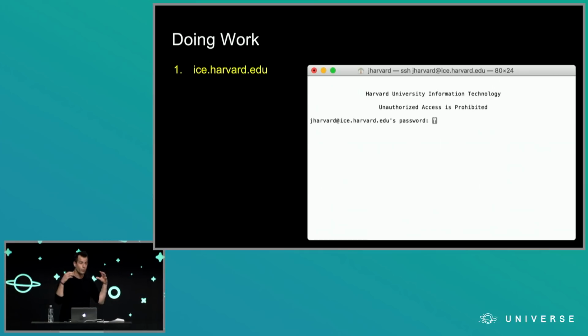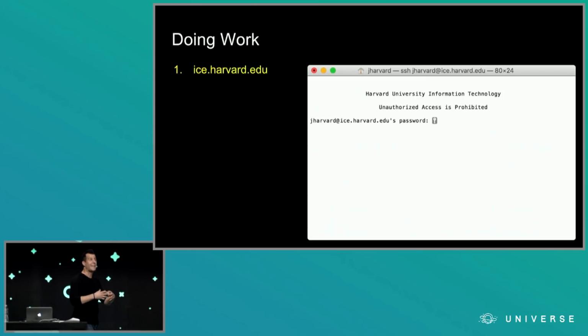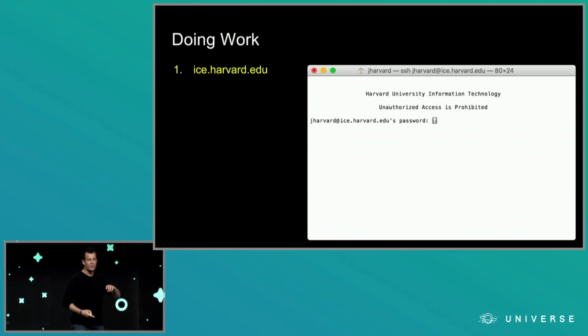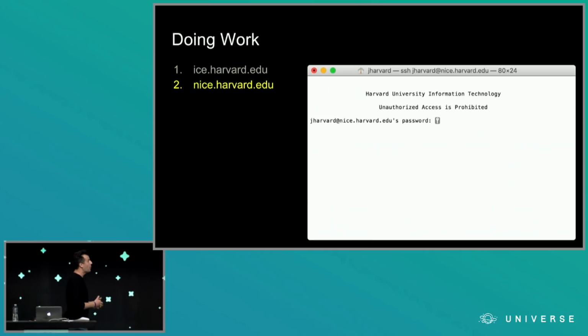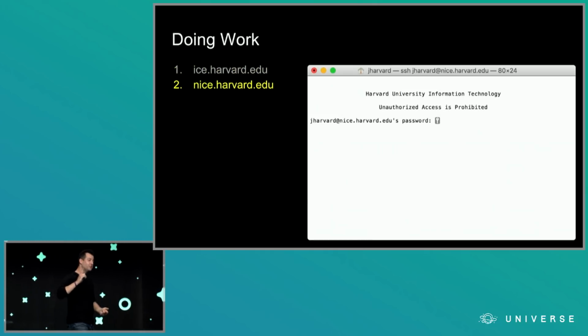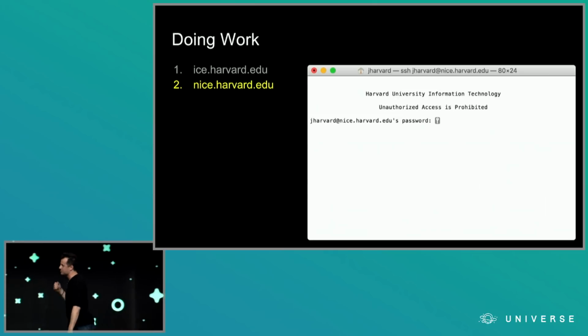Everyone was on effectively the same system, but this was managed by Harvard's IT folks. And there was tens of thousands of other users using these systems. We didn't have the requisite root access with which to upgrade software, configure things ourselves. We didn't have very easy access to students' own submissions because we ourselves were just authorized as users on the system. So a few years later, came out nice.harvard.edu for the new instructional computing environment, which, fun fact, 23 years later is still operating at these URLs if you SSH to them, or these host names if you SSH to them. And it was little different other than a,